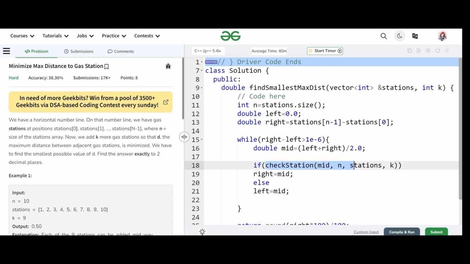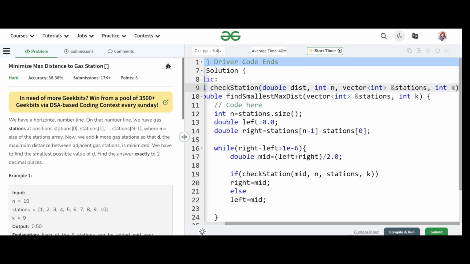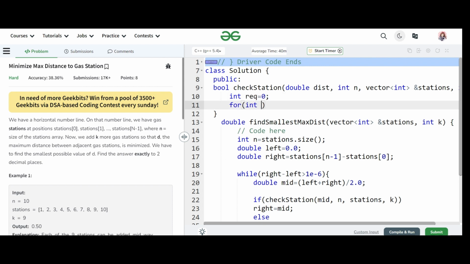Now I need to implement this function. So let's implement this function. Let's pass the distance, the number of gas stations. Now the required is initialized to 0.